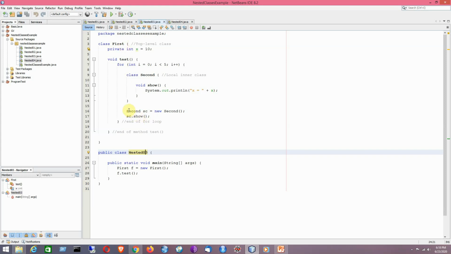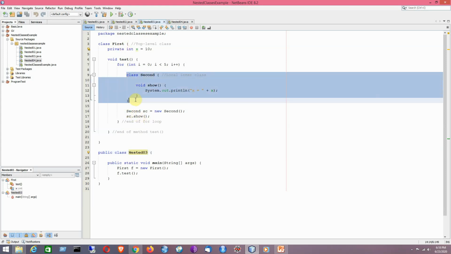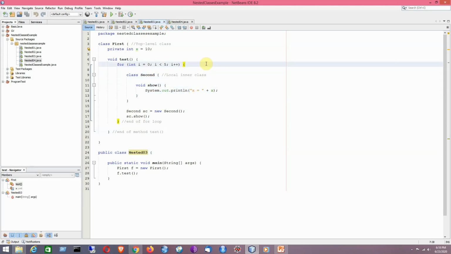Now after defining this particular class named second, I will create an object of the class named second. Just have a look here. By using this object I can call this method named show. That is the most typical example of calling an instance method.